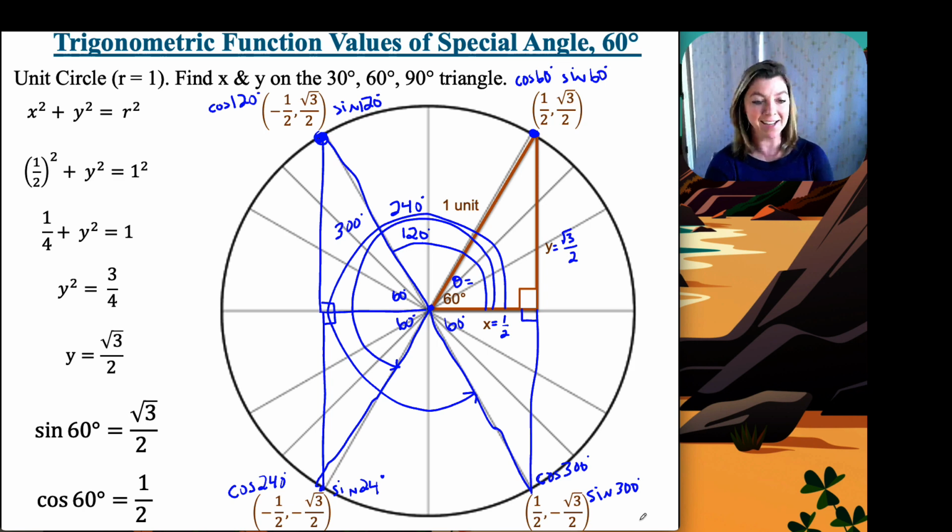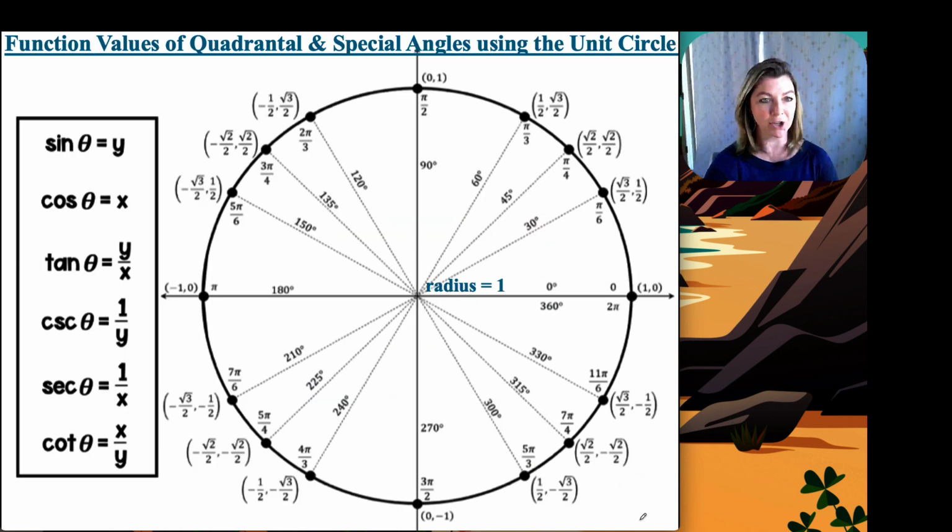All right, the next slide is going to show us everything we've done with the unit circle all in one picture here. This is the function values of quadrantal and special angles using the unit circle. So we've got cosine at 30 degrees, sine at 30 degrees, same for 45, same for 60 degrees. We also have the quadrantal angles added on here, so 90 degrees, that gives us our cosine value. The x-coordinate is always cosine, so cosine of 90 is 0, sine of 90 is 1, and then as we